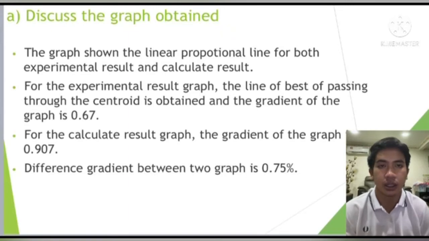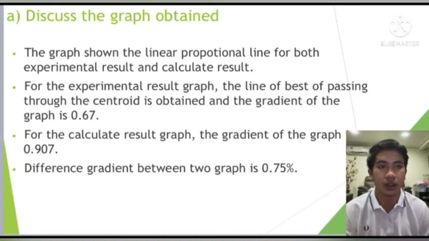First discussion is to discuss the graph obtained, experimental and calculated result. The graph shows a linearly proportional line for both the experimental result and the calculated result. For the experimental result, the line of best fit passing through the centroid is obtained and the gradient of the graph is